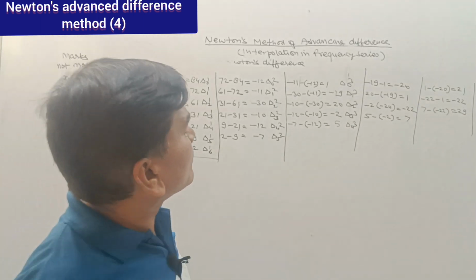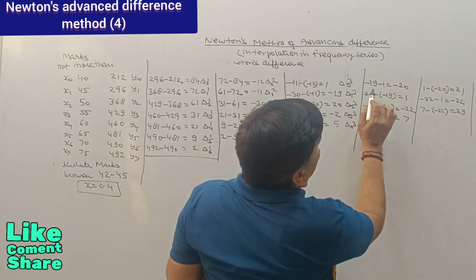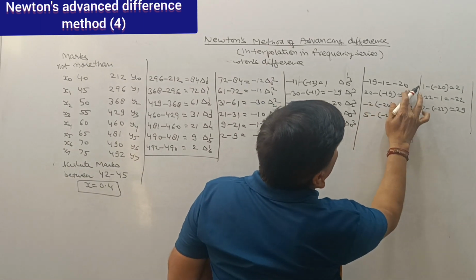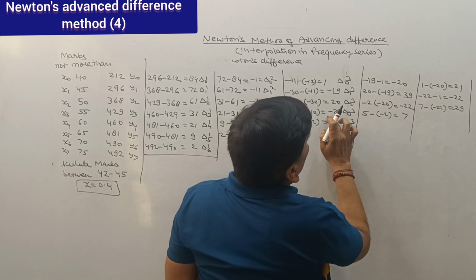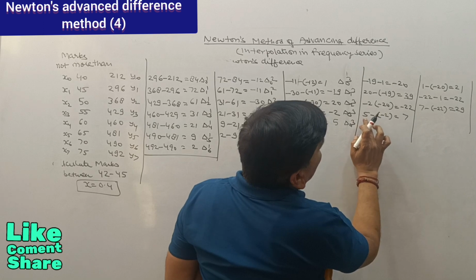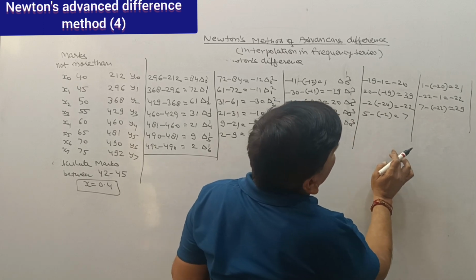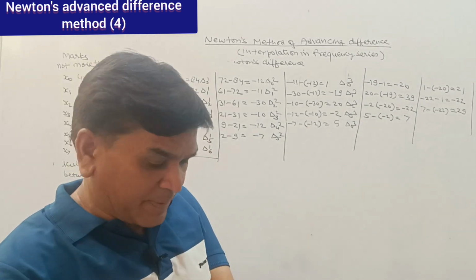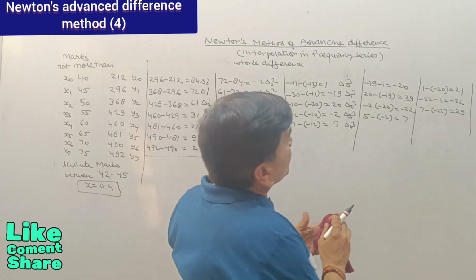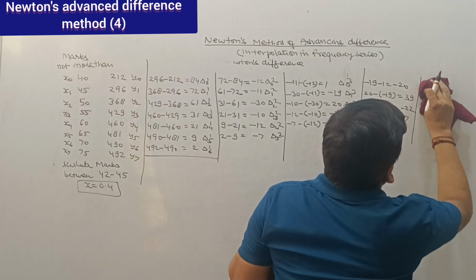Okay, now minus 20 minus minus plus, that is 39. 2 minus 20, they say minus 22. 5 minus 2, 7. Okay, now the difference in this, the difference will be first one. Okay,